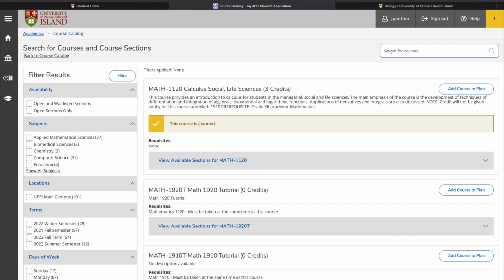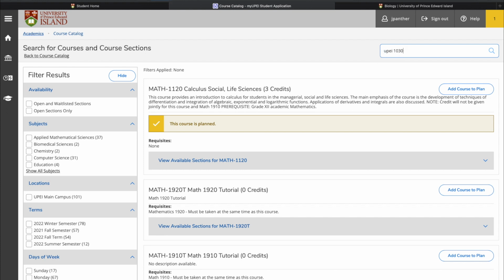Please note that when you're choosing your UPI required course, only choose one course. You will only get credit for one of these courses. So if you take more than one, you won't get credit for more than one course. Please also note that sometimes you have a choice between any of the three courses, but some programs require that you take one course in particular, such as English 1010 for business students or kinesiology students. So please make sure you check the course sequence and see if it specifies which UPI course you should be taking. So let's say that Joe Panther is taking UPI 1030.